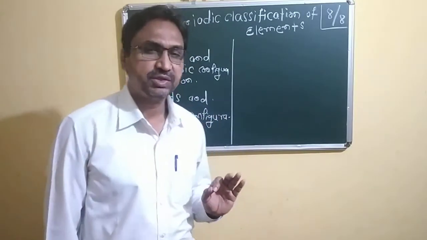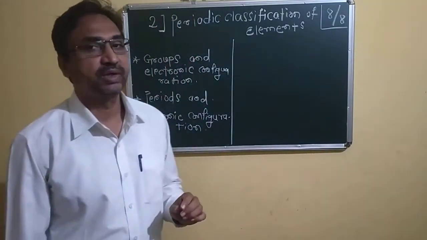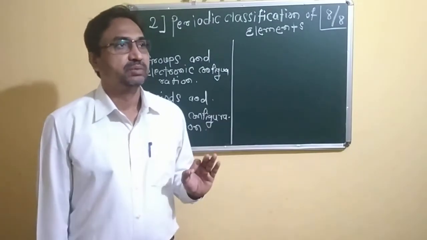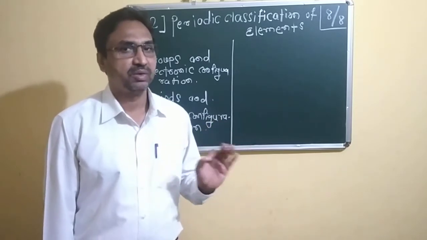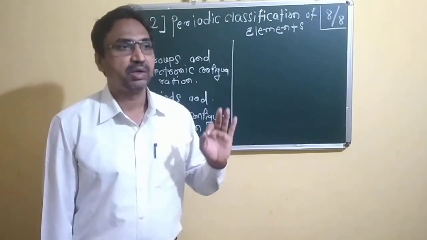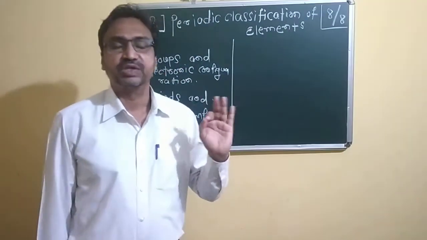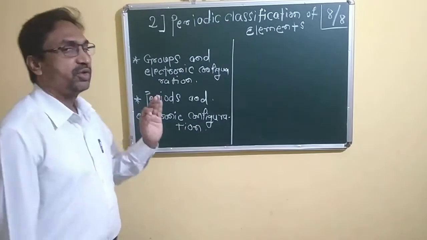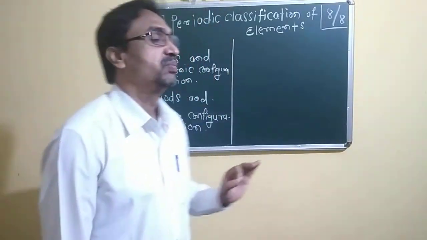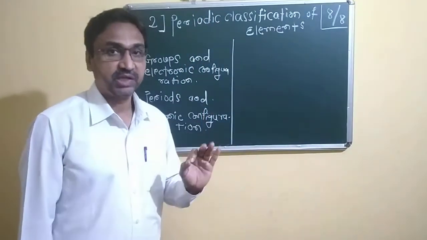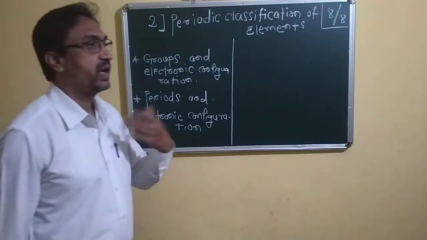These two things we have to study today, and according to the electronic configuration, how the reactivity of every element, whether it is placed in group 1A, halogens or inert gases or whatever it may be, whatever it may have in the s, p, d, f blocks, according to the electronic configuration and the number of valence electrons present in it, we can find out its chemical reactivity. That means how spontaneously it reacts with others, how reactive it has been.